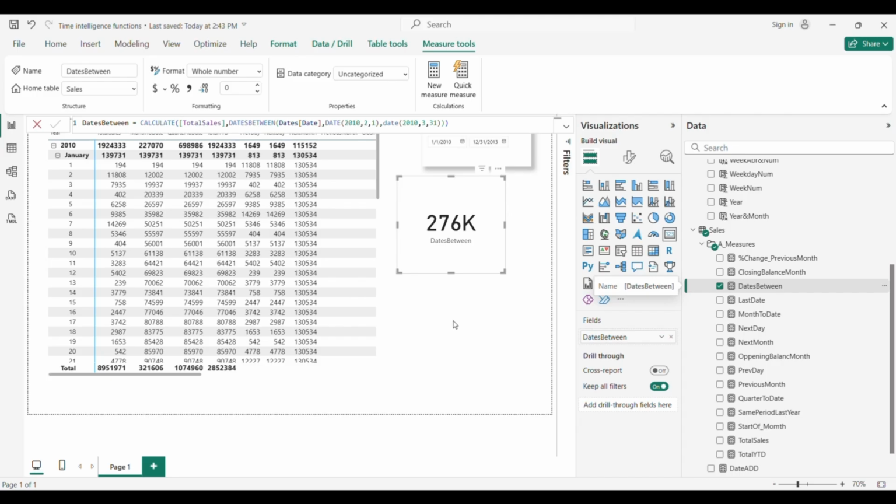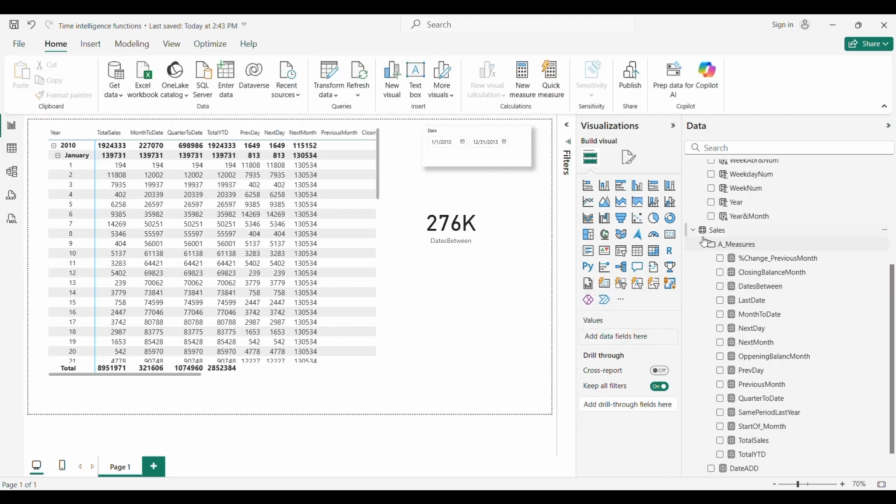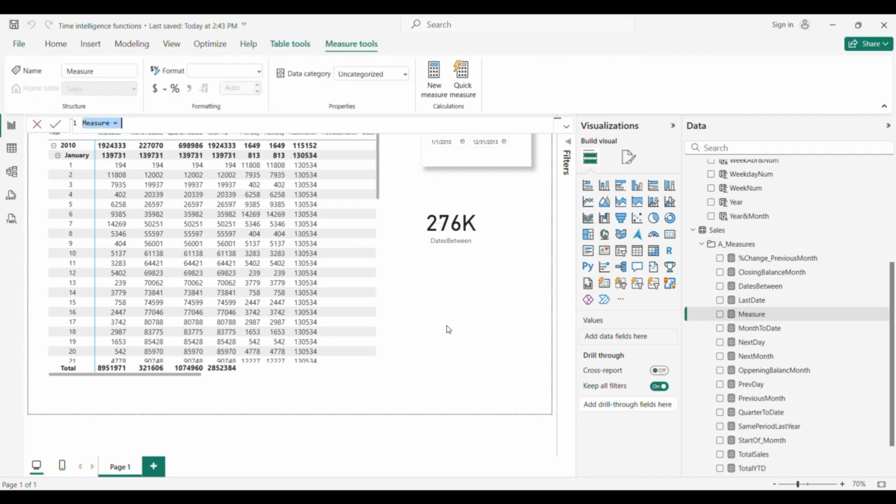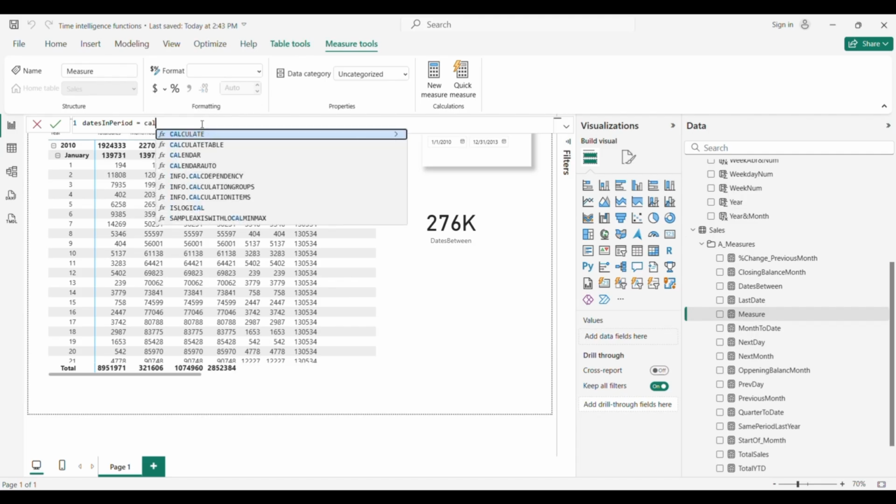We can also use another measure which kind of does the same thing, but it's a little bit different. So let's say dates in period, and we start with calculate.